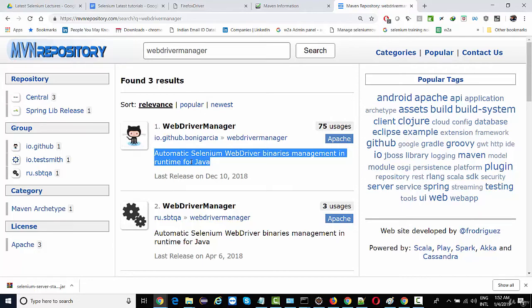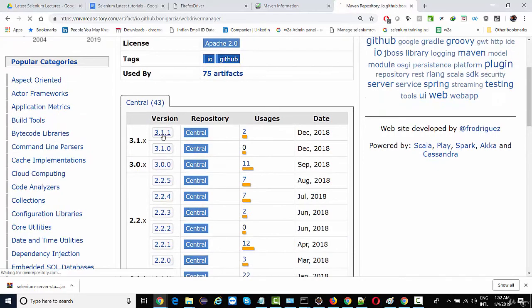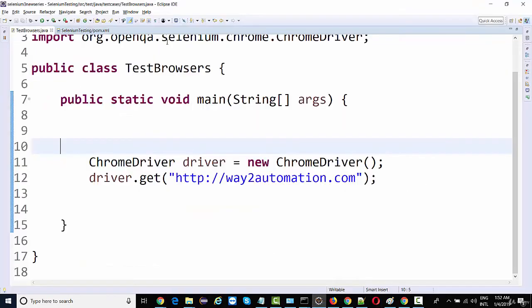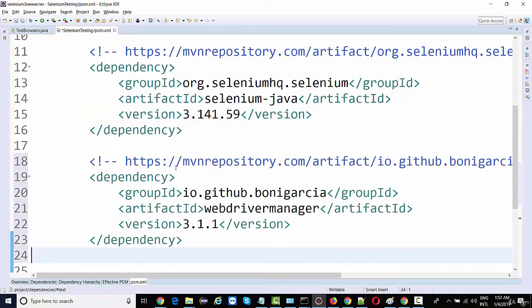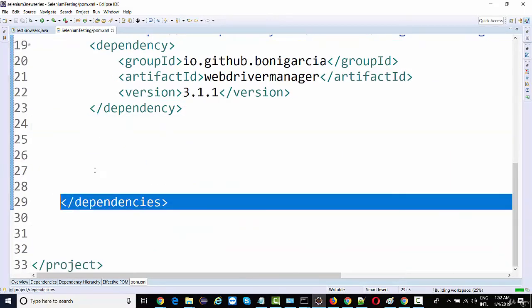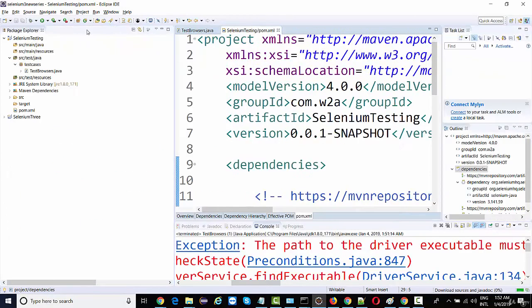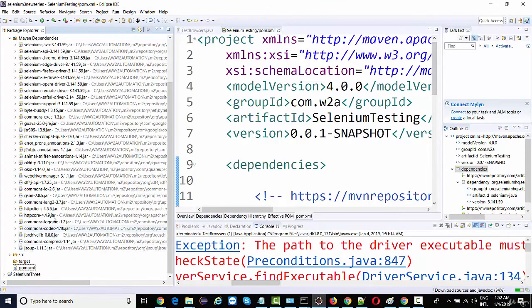You need not worry about it. You just need to include this dependency, this jar file. Copy this, go to your pom.xml and paste it over here. Make sure you are adding all these dependencies inside the dependencies tag only, right? Inside dependencies. So over here, you'll see the WebDriver Manager jar has been added.